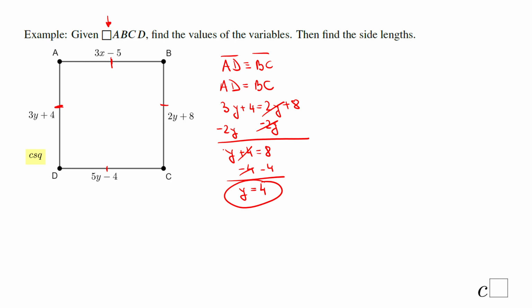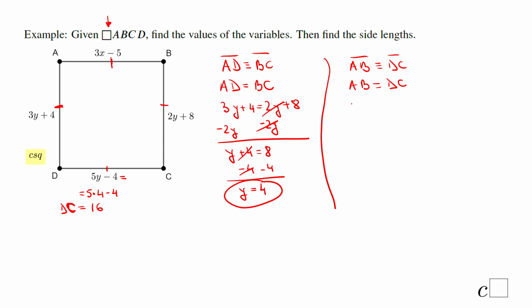We need to find x, and for that reason I think you can go here and replace y with 4. 5 times 4 minus 4, and that will be 16. That means the length, the measure of DC is 16. But as you know, DC and AB are congruent. We can see that in the picture. So that means they have the same measure,